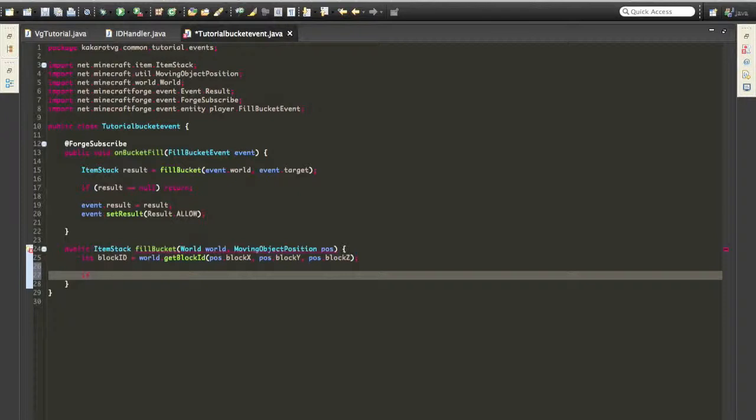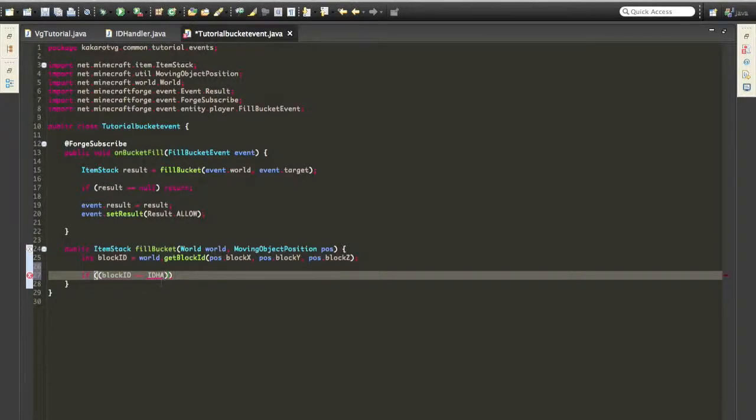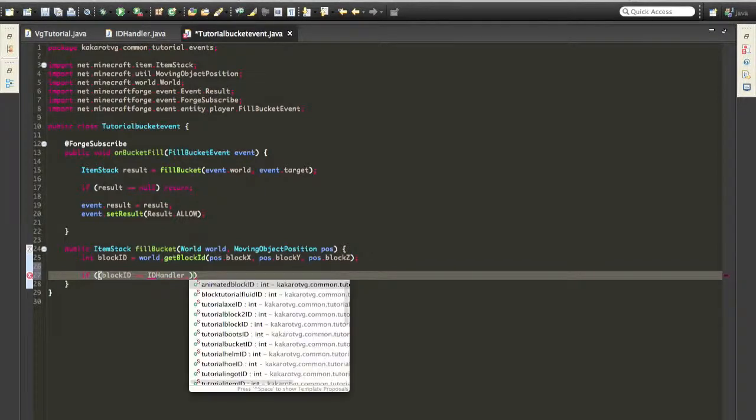Then if block ID equals ID handler. I just realized this may not work, although then again it might. ID handler dot